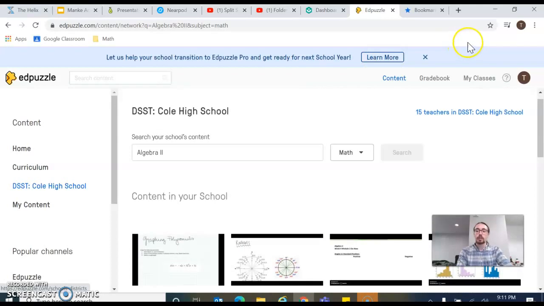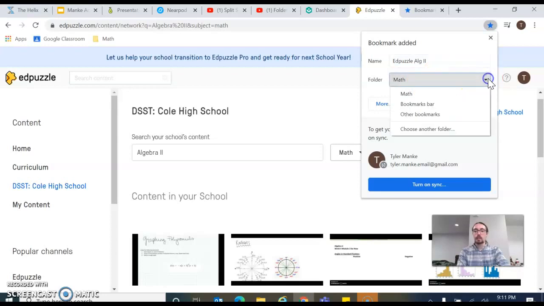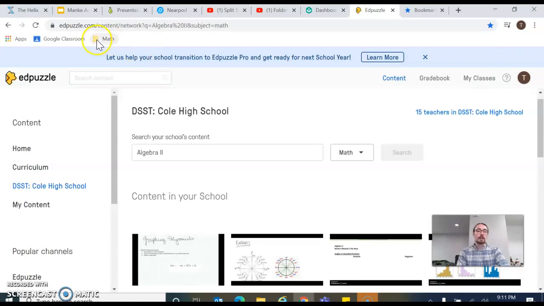And so I'm going to bookmark it, just like I did before. Choose the bookmarks. I'll call it Edpuzzle, and I'll say well, I know it's going to be math, but I'll get specific and call it Algebra 2, just so I really know what's going on here. And I'm going to save it. It's already ready to go to my math folder. Click Done. Now when I search math in the bookmark bar, I already have these two, and I can keep